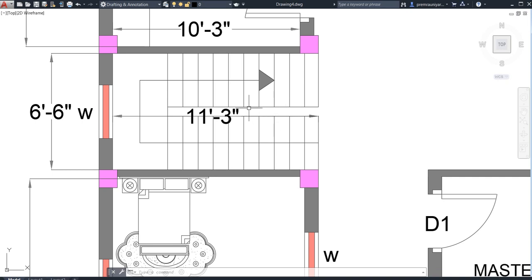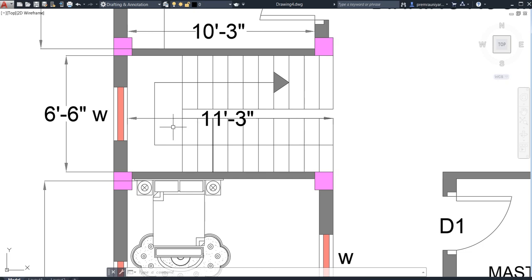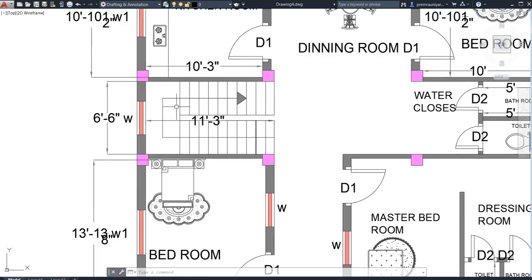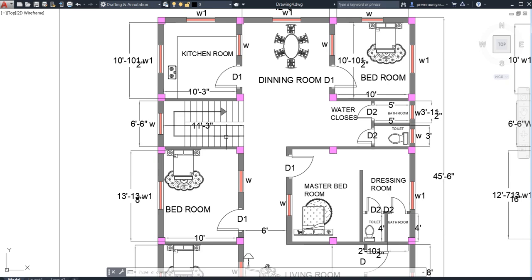Why do we need to keep this? Because when we are climbing this stair, we need to have some gap. That is how you can tell this is the dogleg type of stair. Here I have kept a 6 inch gap in between. So like this we need to go. The tread size will be 10 inches, and the riser will be 6 inches. So in the stair, that is all I need to tell you.